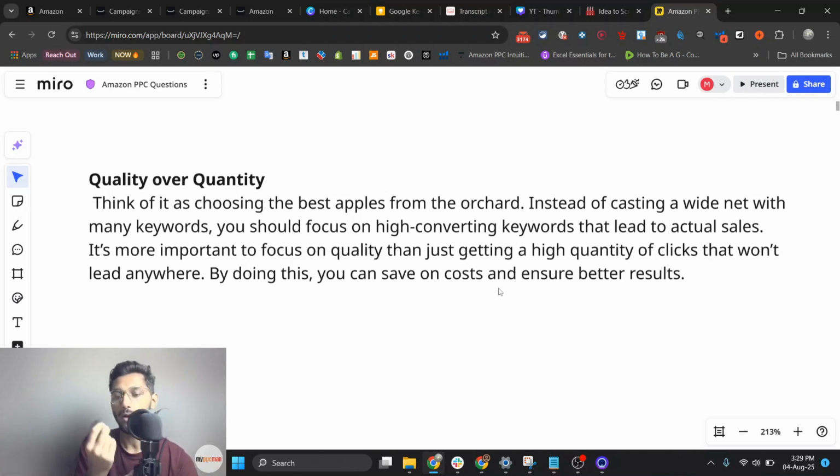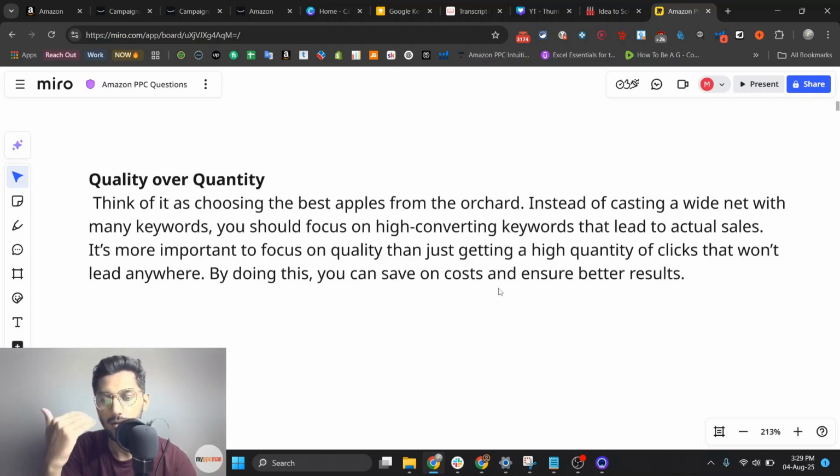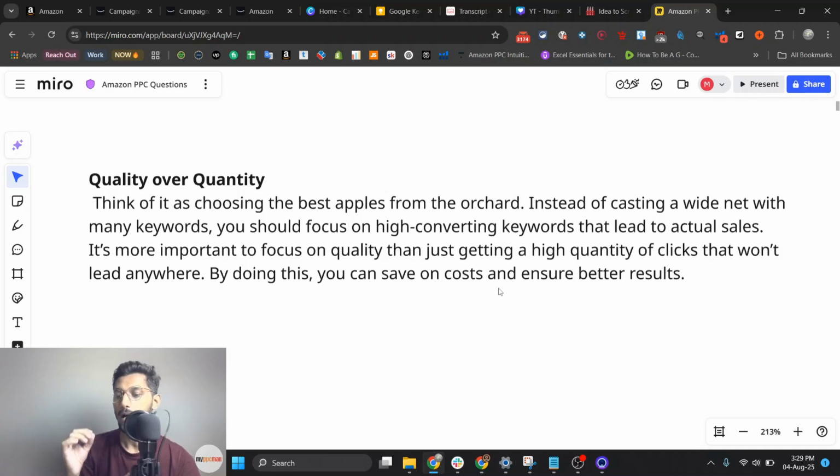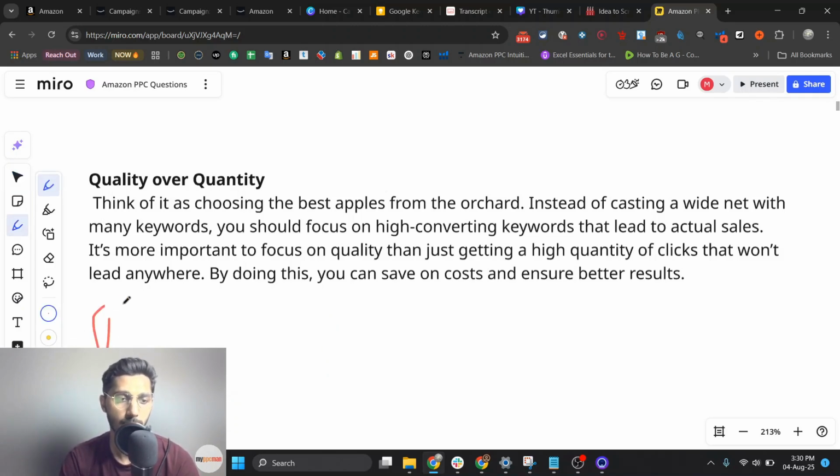Absolutely. So, for example, if you have broad campaigns or auto campaigns running, and you never go and negate keywords and find out what the high converting keywords are, and do not test them, if you are getting sales from auto campaigns or broad match campaigns, I would recommend you start testing it on phrase match, because it will give you more long tail keywords, as well as in the exact match. Like if for example, red eggs is getting conversion in auto campaigns.